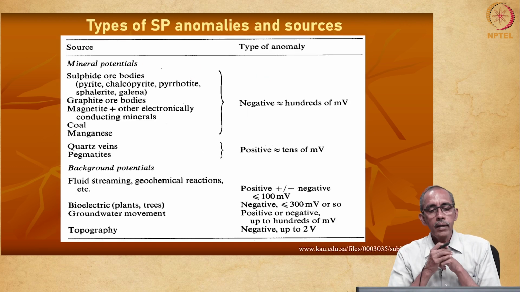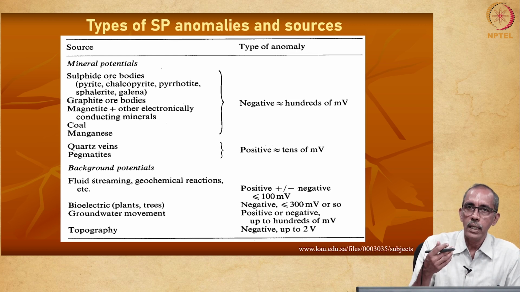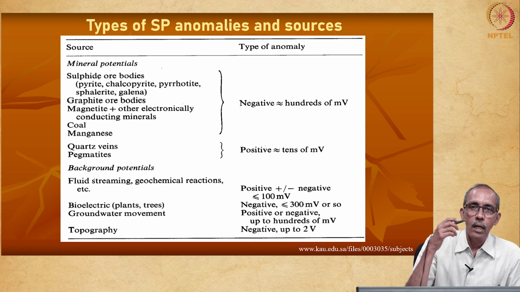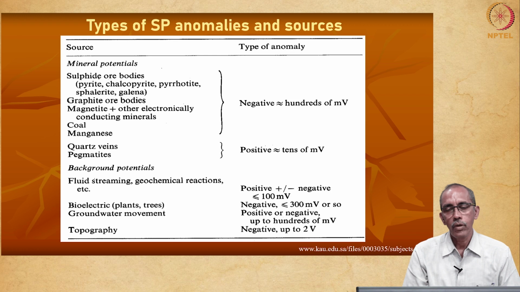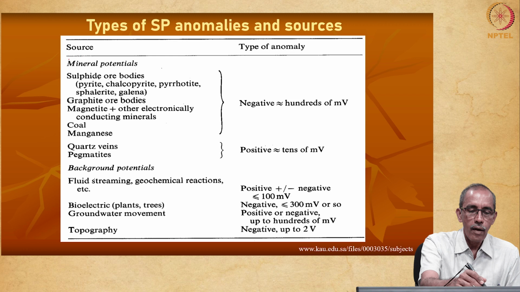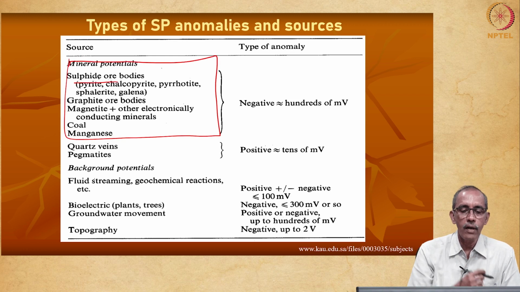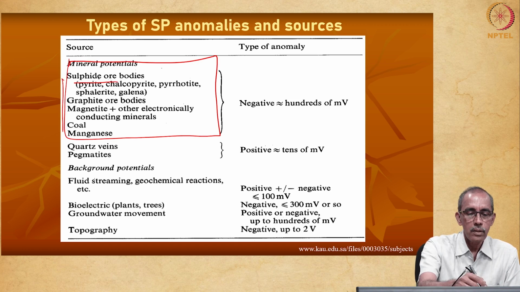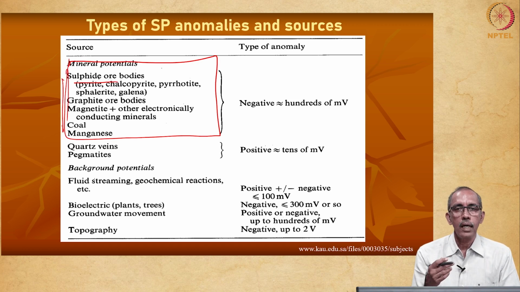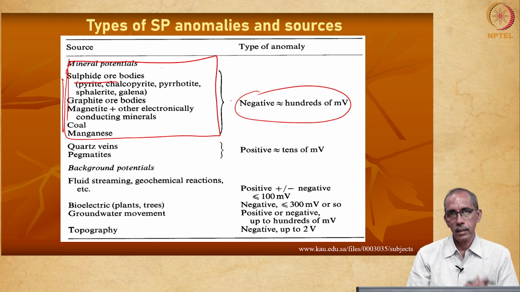What are all the different types? We have already seen different types of cell potential. What is the anomaly that we are going to get due to the cell potential that is generated below the surface? We have seen already the presence of mineral deposits, especially ores of sulfides. All these minerals, if you are a geologist or a mining engineer, our aim will be to look for negative centers. We have seen this already in the previous slide.